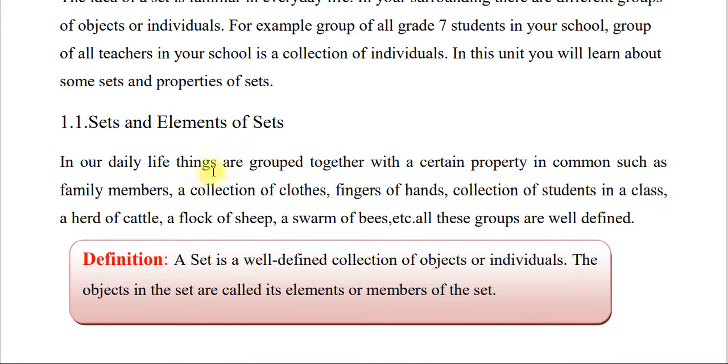In our daily life, things are grouped together with a certain property in common, such as family members, a collection of clothes, fingers of hands, collection of students in a class, a herd of cattle, a flock of sheep, a swarm of bees, etc. All these groups are well defined. እንግዲህ እነዚህ ግሩፖች well defined የሆኑ ግሩፖች ናቸው።